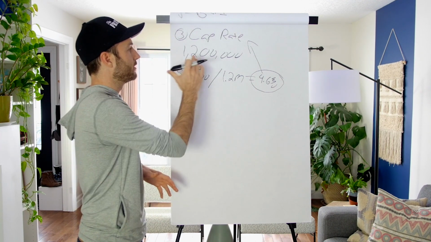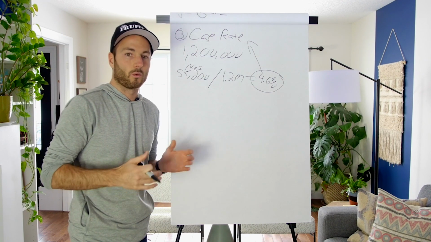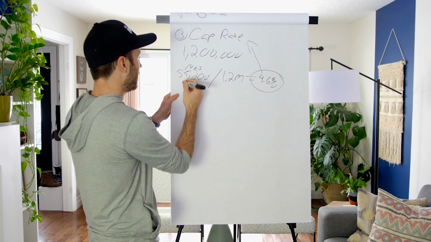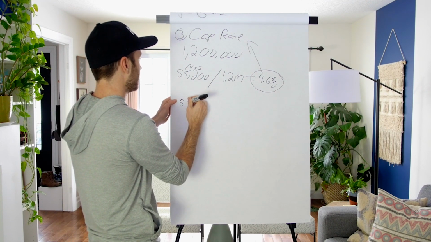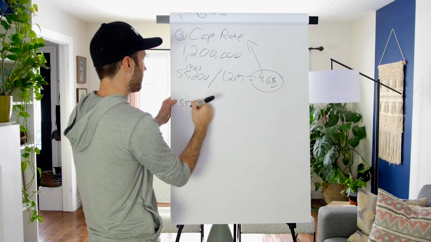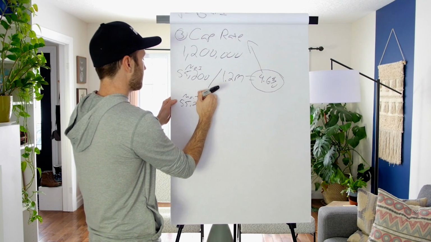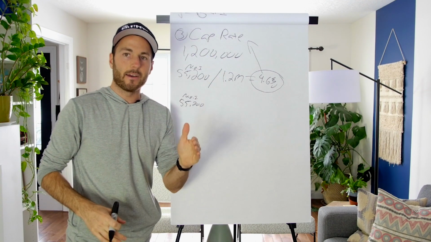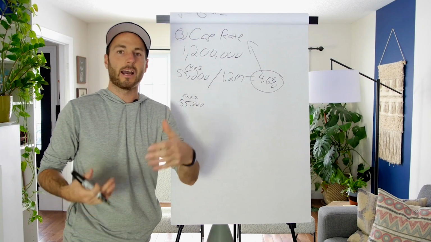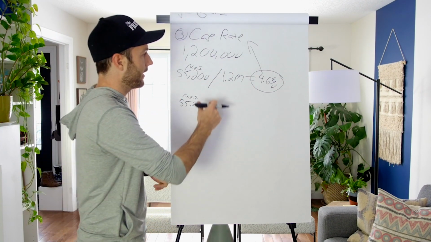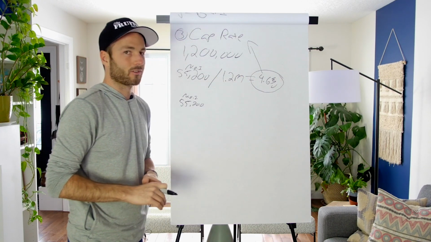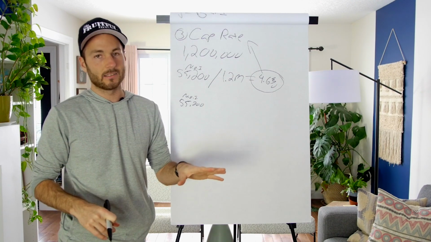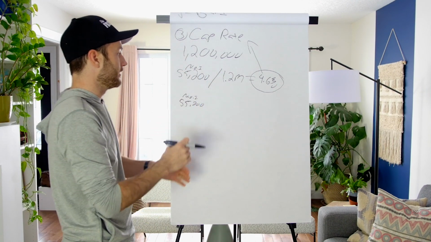But let's say we don't know how much we should pay or what the value of the building is. So we can reverse engineer this right here. So let's say we got the same $55,200 NOI, right? We're gonna write NOI. And we only want deals at 5.5 cap rate or more. So this is what I do as a realtor for my clients, right? I don't wanna pay 3% cap rate, let's say, and get them screwed on a deal. If my client says, Matt, I need at least a 5.5 cap rate, that's all I'll pay on these properties. This is how we can reverse engineer what we can pay.